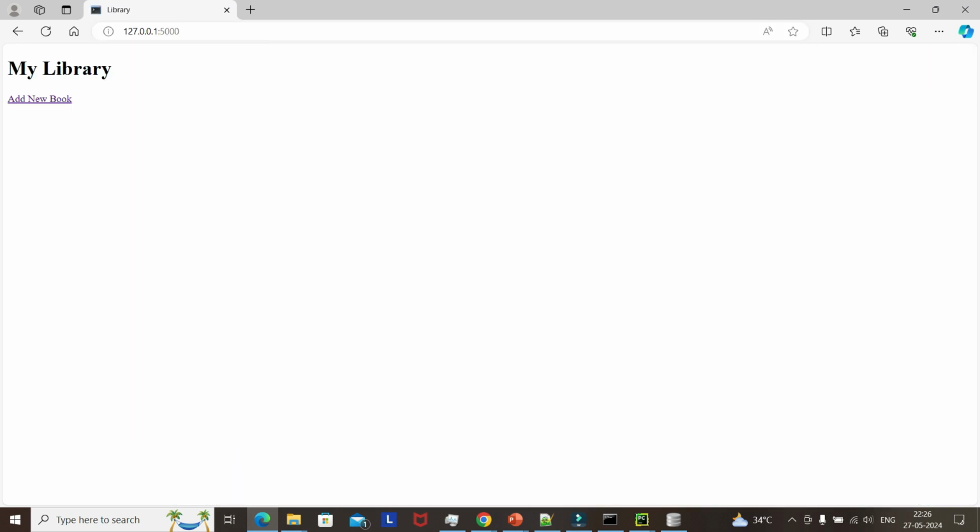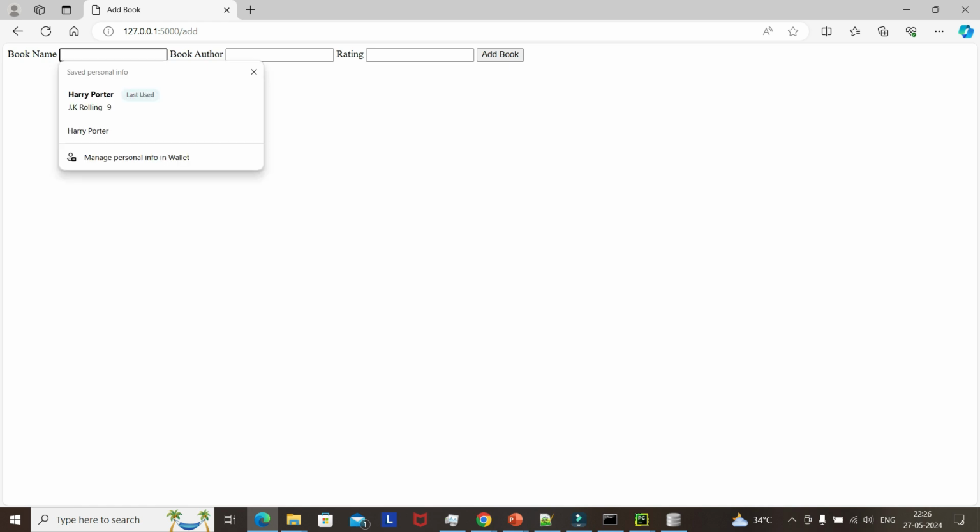So there are no books available. Now I am clicking, it should go to this. Now I just enter the book name, Harry Potter, Jake, 9, add book. So now it got added. So the same thing,